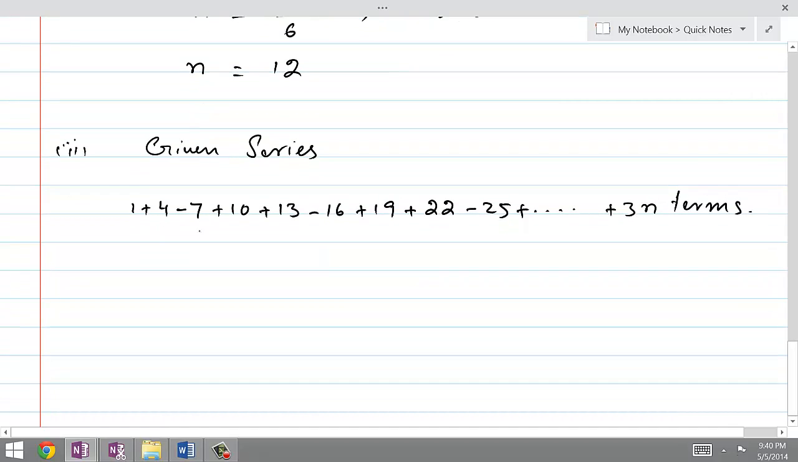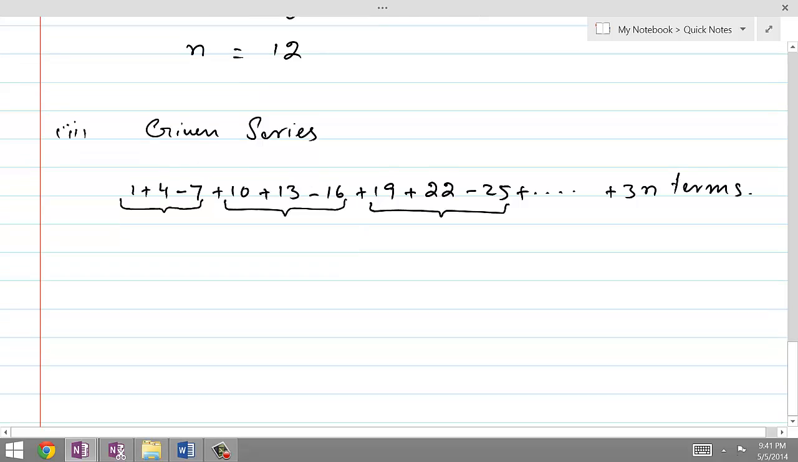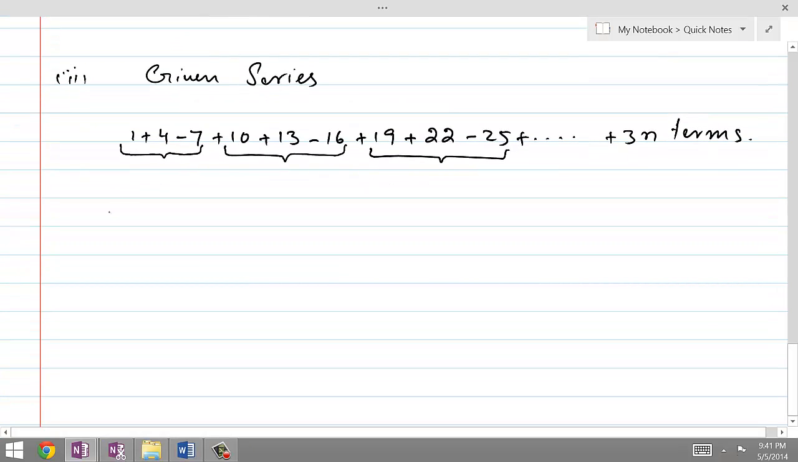3 components. So we take a look at this triplet here, and then we take this triplet here, 3 terms in each one of them, so that we can break each triplet into 3 different series like this. So this will be equal to the first one from each triplet, 1 plus 10 plus 19 plus so on, if we continue up to n terms,